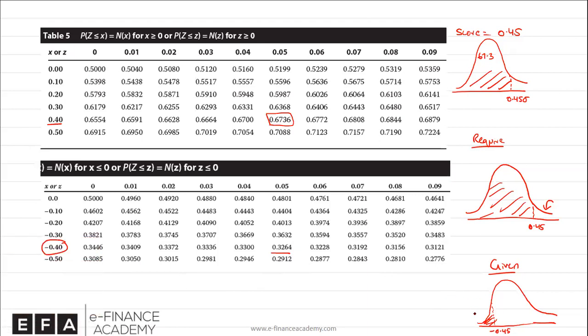So this is around 32.6% of your data would fall below minus 0.45. But that's not our answer if you're looking for the probability of below plus 0.45. If we subtract this from 100, we will get that this side is 67.36. And this side actually equates to what we want, which is 67.36, because the larger side would equate to the